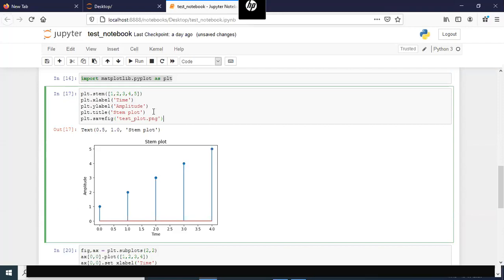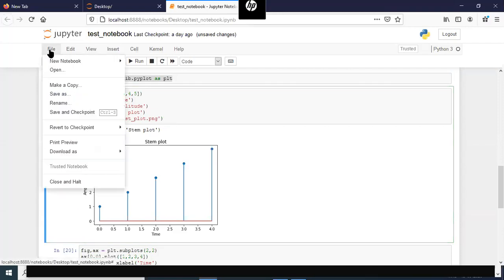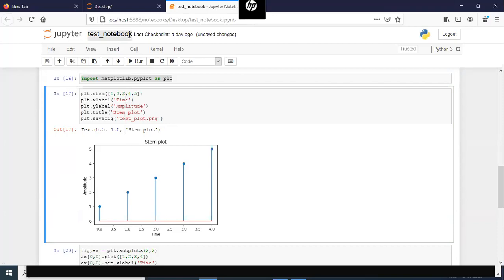What next? If you're submitting the notebook itself as your submission for a programming assignment, remember I mentioned Save and Checkpoint yesterday. You can just save and checkpoint. It will save it as testnotebook.ipynb. That's the extension for a Python notebook, and you can submit that notebook, and whoever has Jupyter installed should be able to open it in their browser and look at your code as well as the outputs that have been generated.